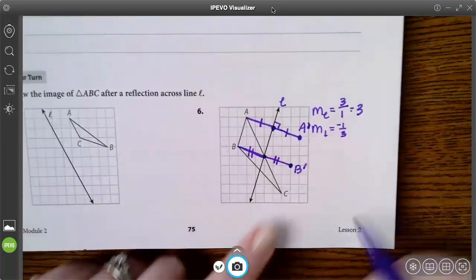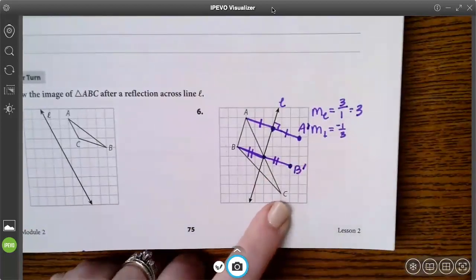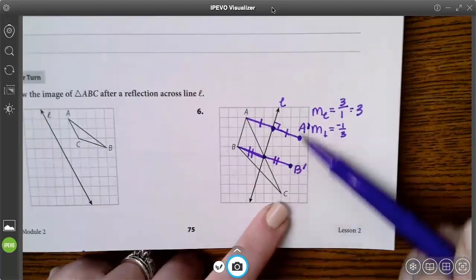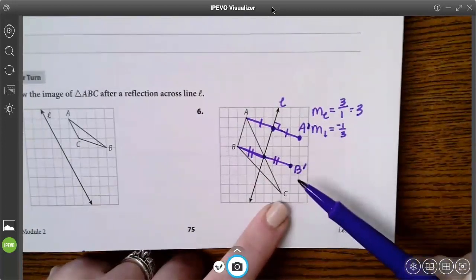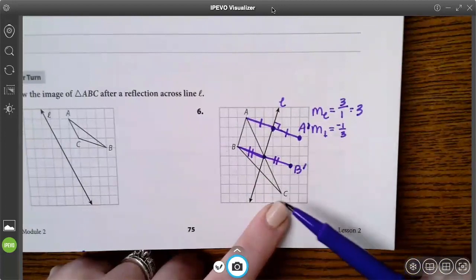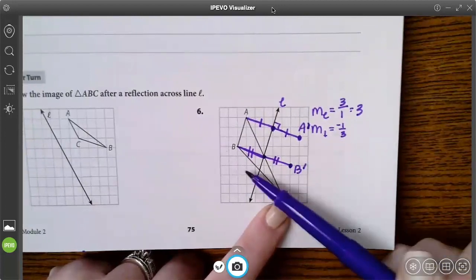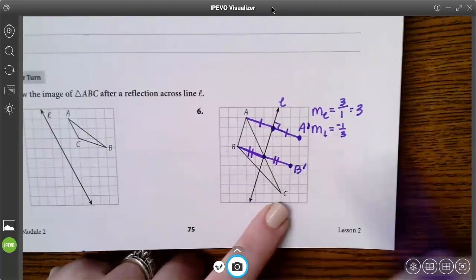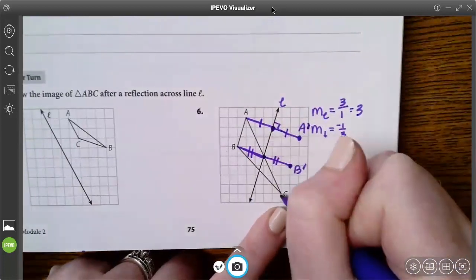Lastly, we have C. The process is still the same. Don't let the fact that C is on this side with A prime and B prime make you think that the process is any different. It's not. C now has to just cross to the other side. If you're making a reflection, everything just crosses to the other side of the line. So don't overthink that. So from C,